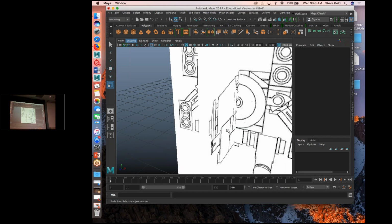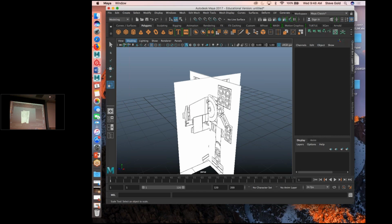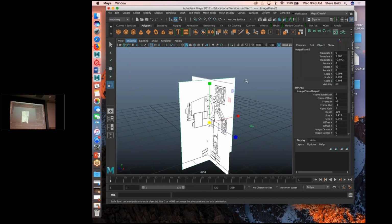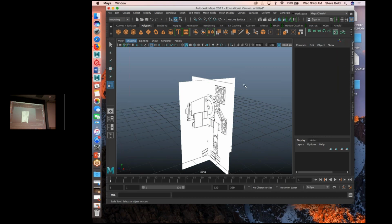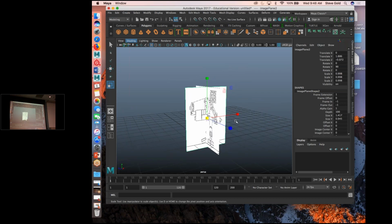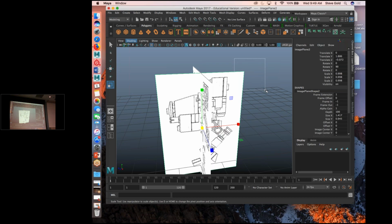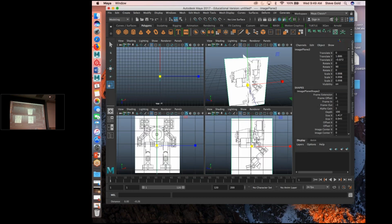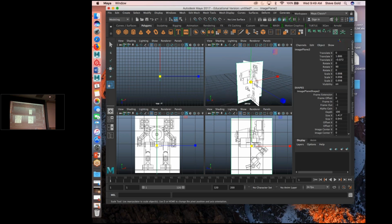So what I'm going to do is take these images and move them off the grid. You'll notice that when I'm grabbing them, I try to grab them by the corner. It's a little bit easier. Sometimes when you click right on, it won't let you. But if you grab it with a sort of marquee on the corner, it'll let you do it. Here I have selected the side view, and here's my side view over here, right? Now, if I move my side view,